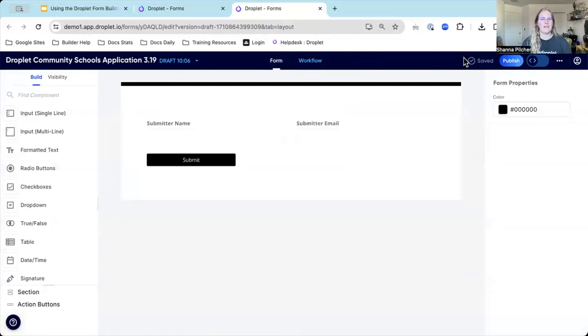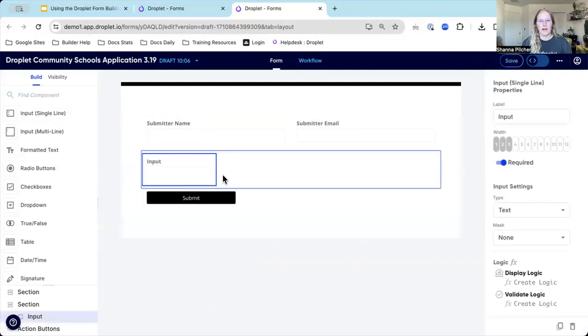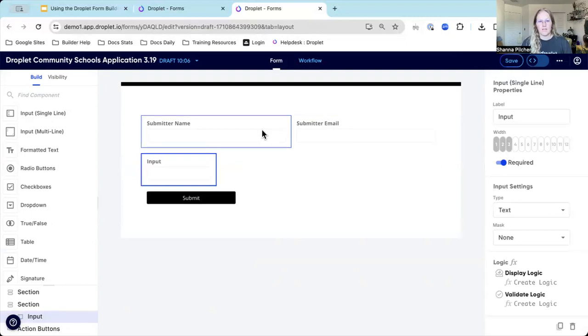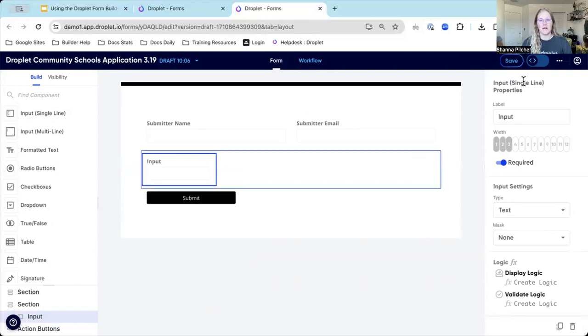Then we have a little status here of saved. If I were to make a quick change here and drag a field over, you'll see that that publish button is gone and we have this save button here. We do not have an auto save feature currently. There is a lot of validation that goes into place when we are saving. So I'm not sure what engineering's plan is on the autosave feature, but as of right now, when we save, we're also checking for any errors. So we'll want to keep saving as we're going through this process so that we are not losing any of our progress